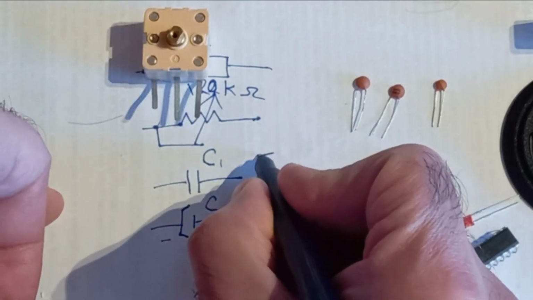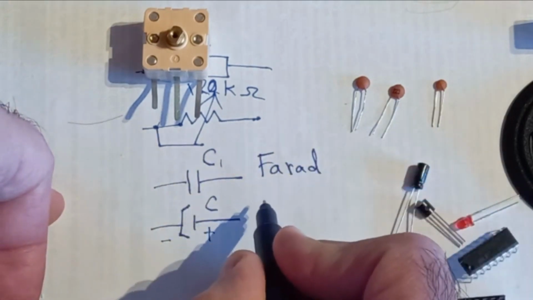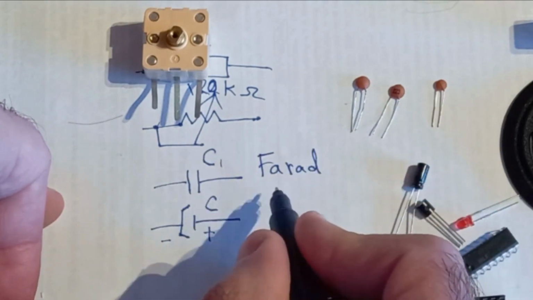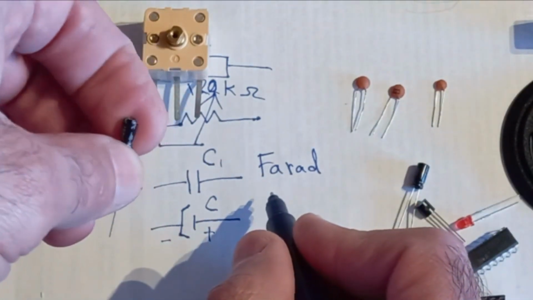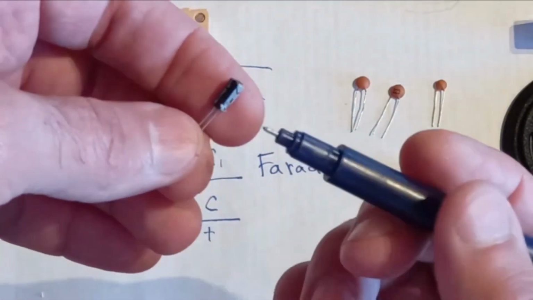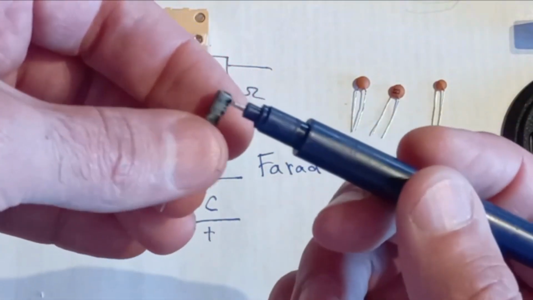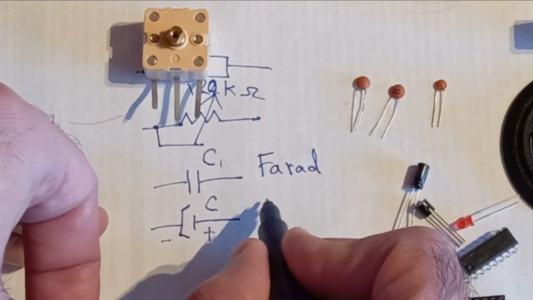So their unit is Farad, but Farad is a big unit, so the size of the capacitor would be huge, which is why you usually find the size written on the capacitors in sub-multiples like